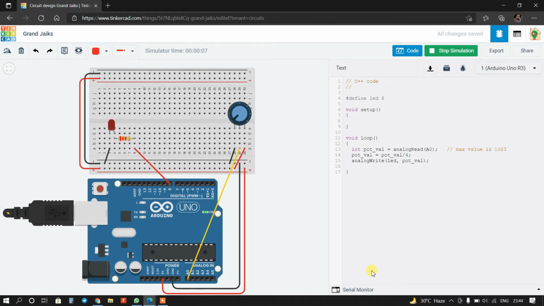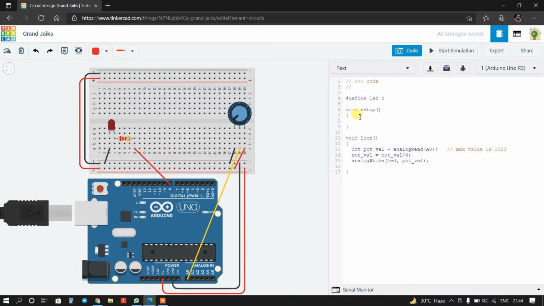Okay, now I will print here value of analog and PWM in serial monitor. So I will start here Serial.begin at 9600 baud rate. Okay, now here it will print potentiometer value.